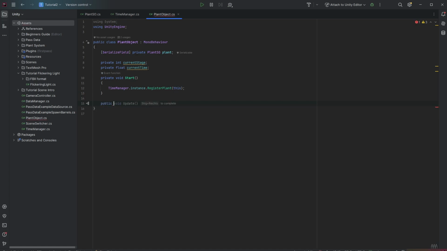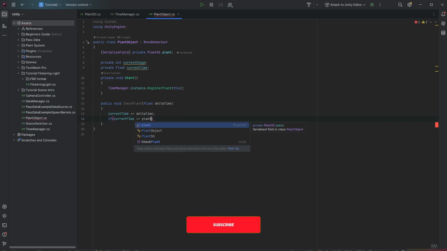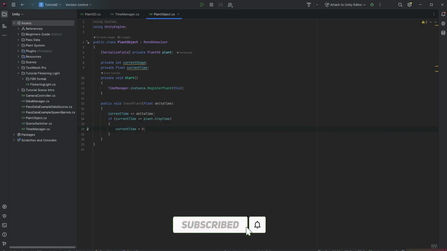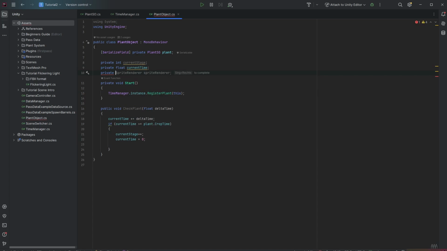So now we have a public method and we just call it checkPlant. In here we have the delta time. We add the delta time to the current time and then we check if the current time is bigger than the plant's crop time. If so, then we want to reset the timer. We want to increase our stage by 1 and then we want to destroy our old plant and create a new one. So for that we might also want to save the old one, which I just call current plant,